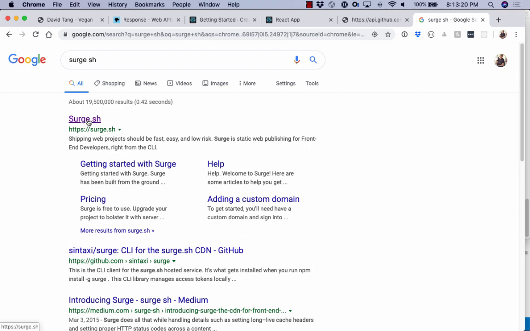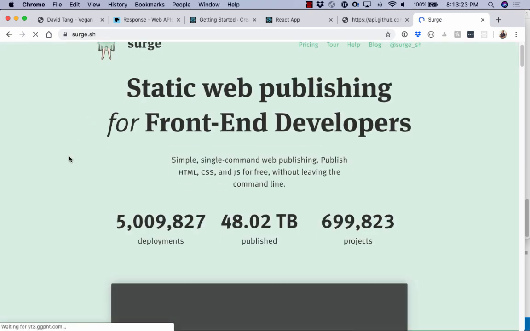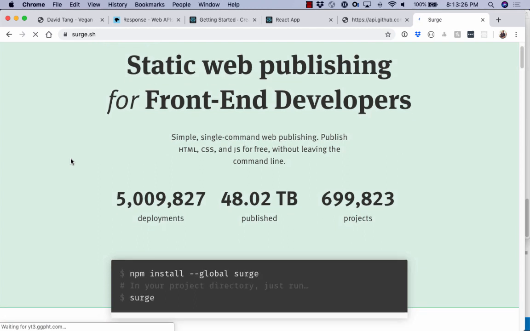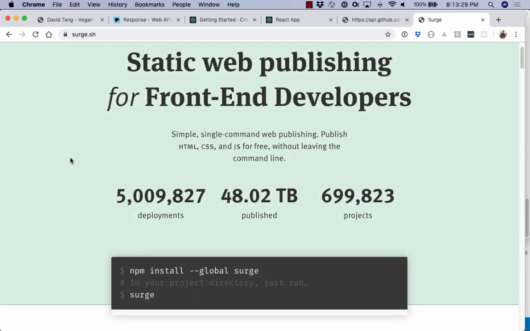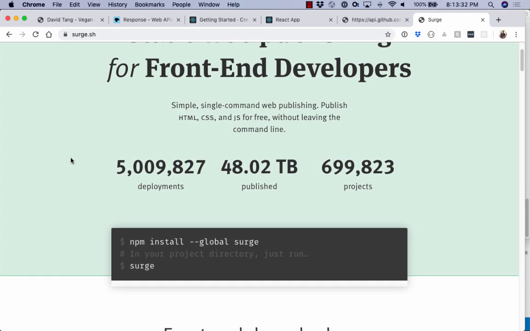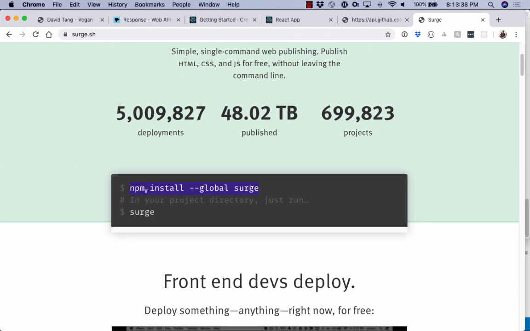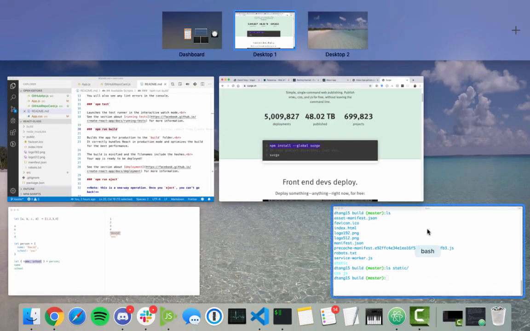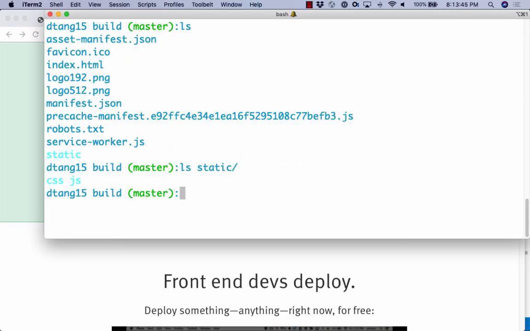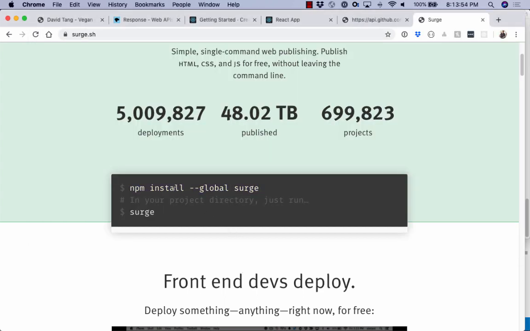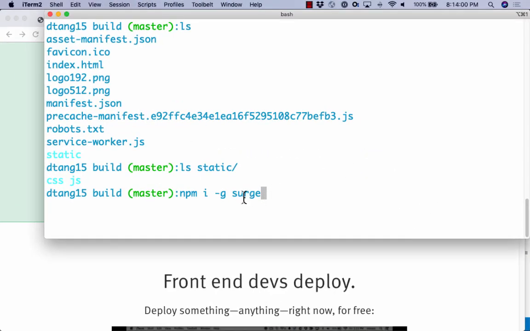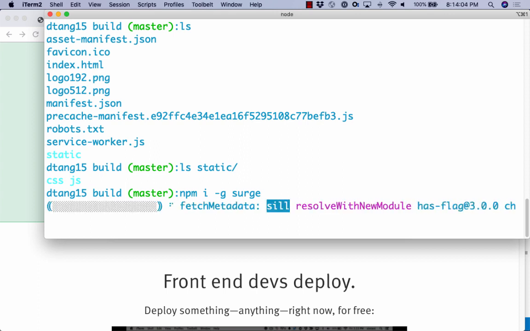One service that I like is Surge.sh, and it makes it really easy to publish assets to a URL, and it's free. It's good for test kind of stuff like this. So the first thing you have to do is install Surge. So you would say npm install --global surge, and we did the same thing with React. So you would say npm install -g surge. That was the shorthand of this. You can say npm i or npm install, and instead of just -g, you can say --global. But the same thing. So if you install this globally on your computer,